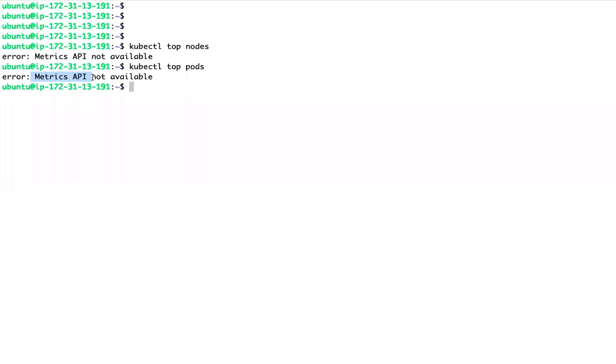So we have to deploy that application, which is again a Kubernetes internal application. We used to have one component called Heapster in Kubernetes, by default in early releases.